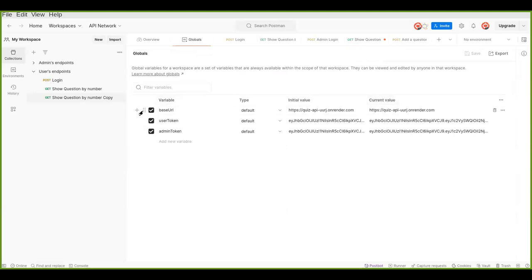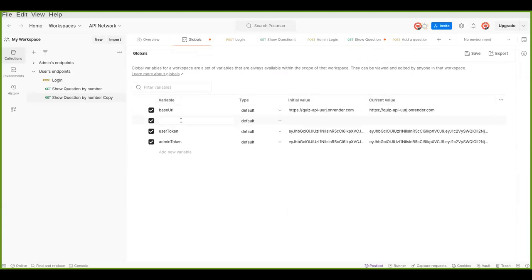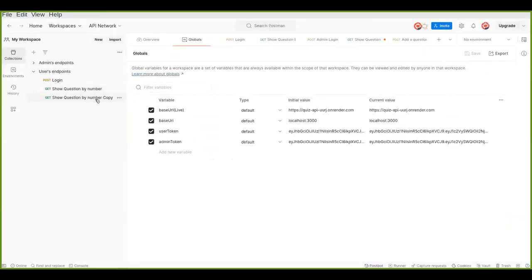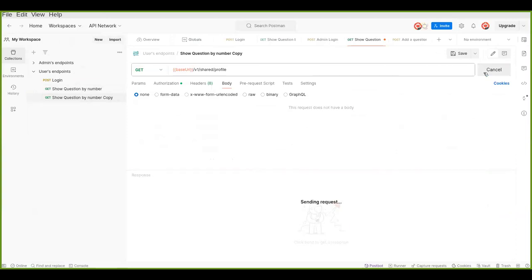I could call this base URL, then I put live here. Then of course the local base URL is localhost 3000. So localhost 3000. And please don't forget to save. Then of course I could come back here and send that again, and I'll get,